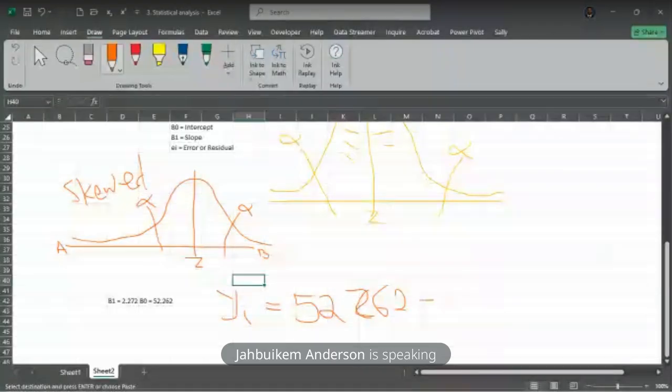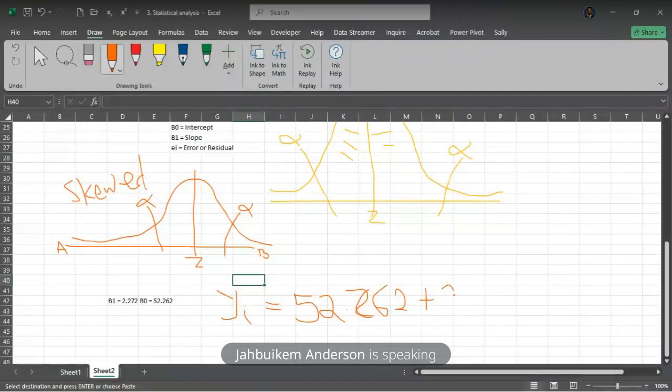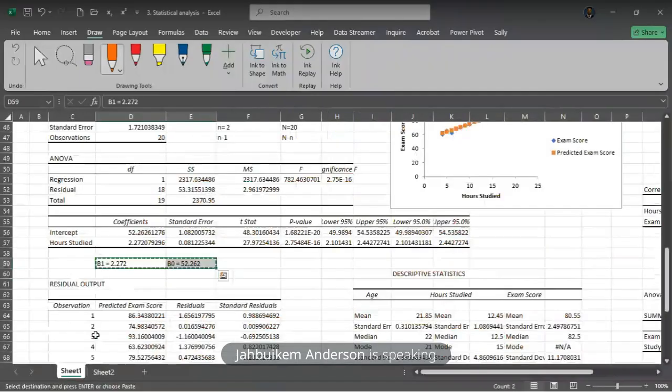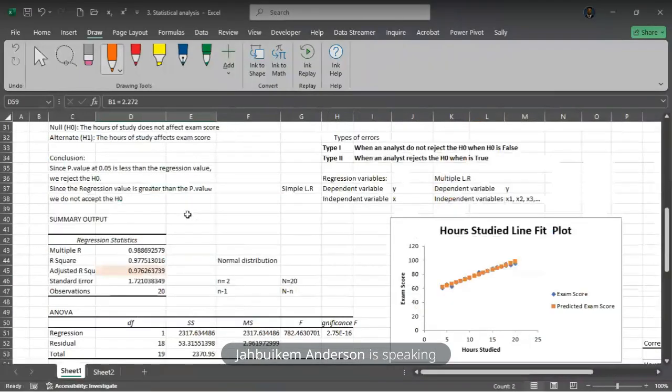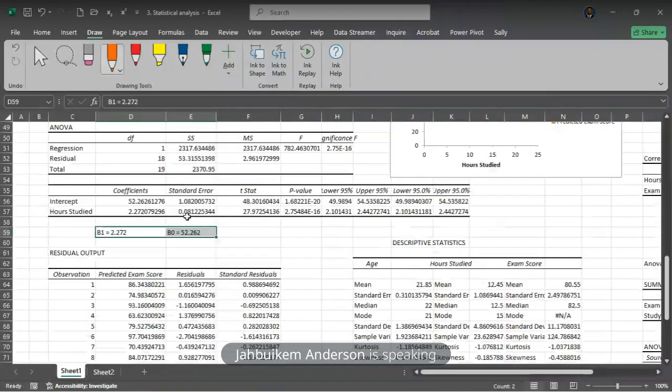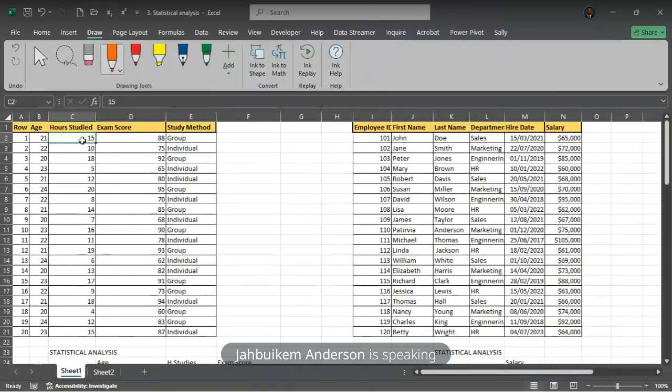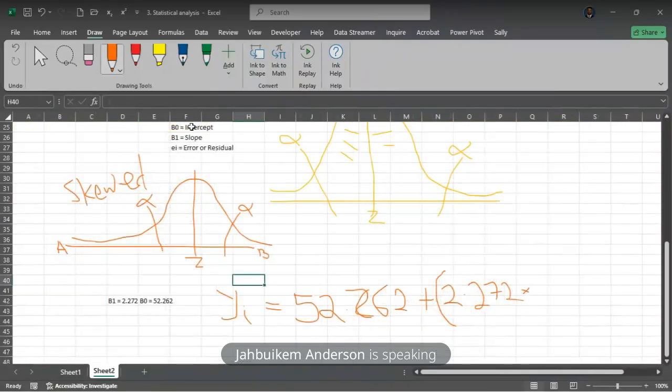0.262 plus 2.272, right? Multiplied by, what's the xi? So the xi we have here should definitely be under the independent variable, which is hours of study. The first xi there is 15, right? So 15 is the first xi we have. 15